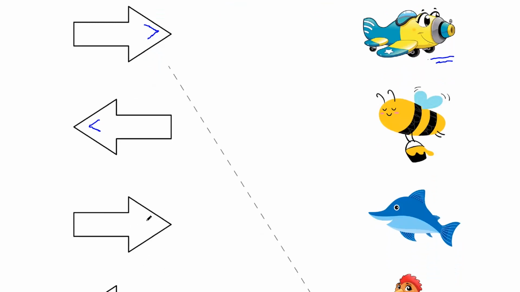Now, here you can see that this arrowhead is towards the right, isn't it? So that means we can match this arrowhead with the aeroplane since both of them are facing towards the right. So let's start matching it. We would start with the aeroplane and keep stretching the line till we reach the arrowhead that is facing towards the right. So we are done with our first